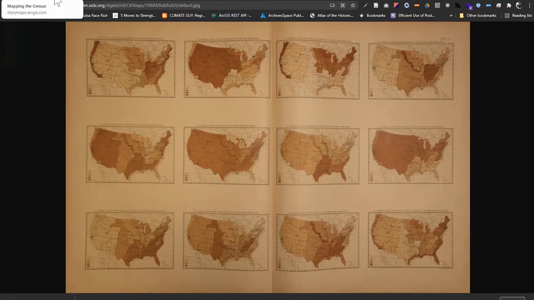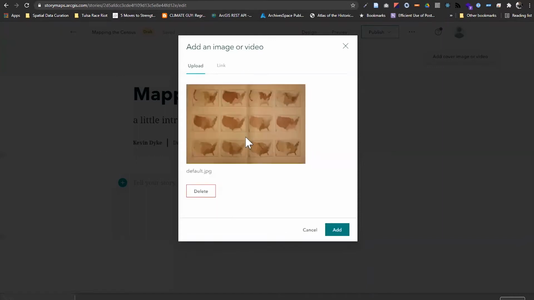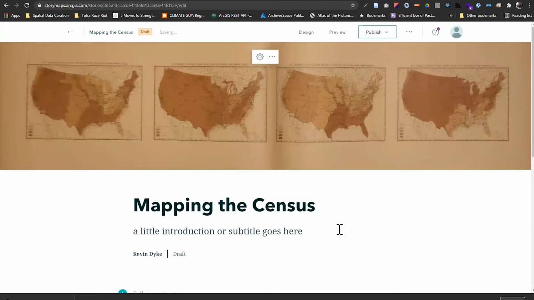Then I'm going to pop over, and here you see it says you can drag and drop a file. So I could either click browse files and pick it there, but you see with Chrome, it puts our downloaded JPEG right there. So I can just drag and drop it right onto the image uploader, and then click add. And there you see it displays quite nicely on our